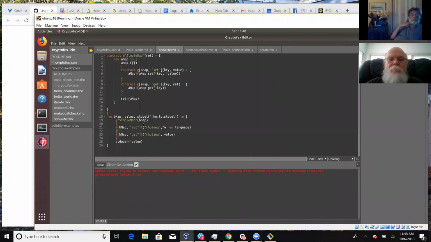Okay, but I didn't put a for here. I mean, after the contract, the contract is equivalent to a for. Right, so I can just put a brace here. And a brace here.